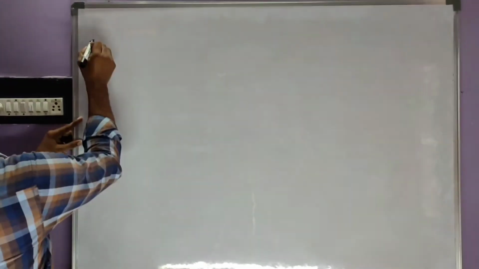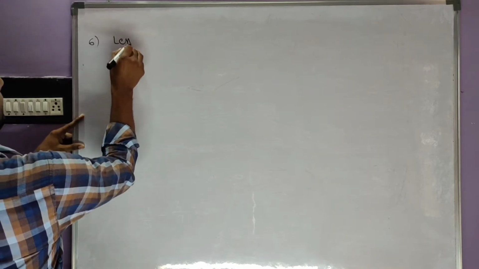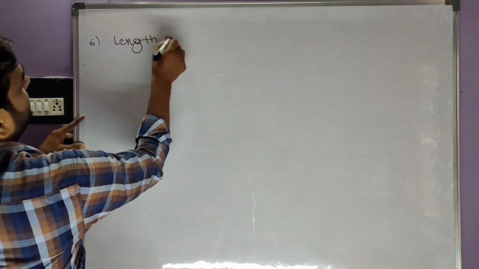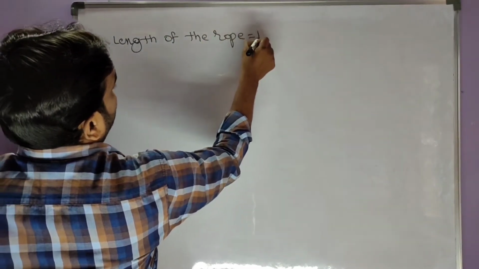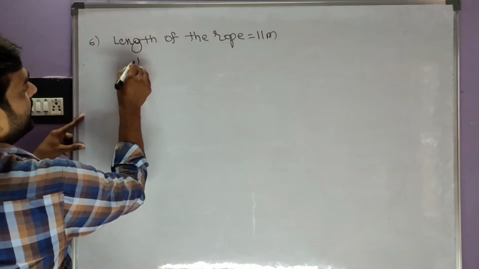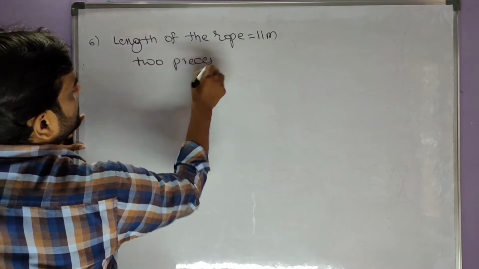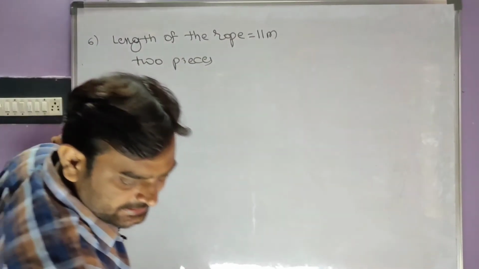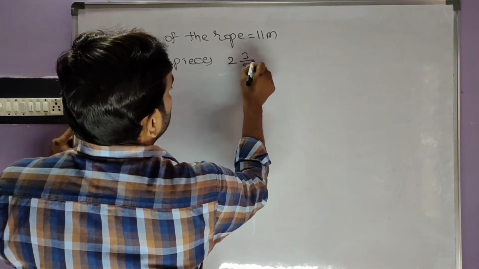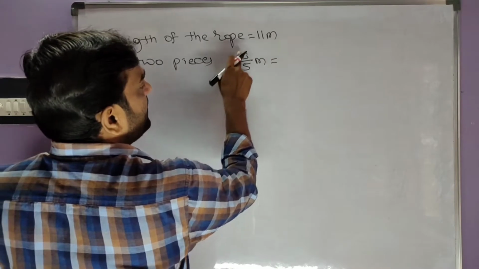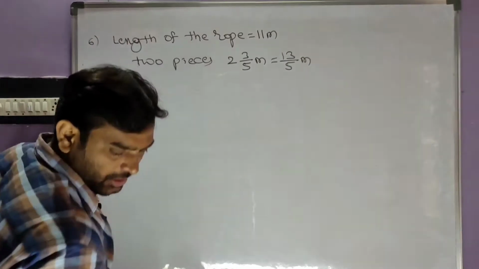Question number 6. Total length of the rope is given as 11 meter. In that, cut two pieces. One piece is 2 3 by 5 meter, nothing but 5 2s are 10 plus 3, 13 by 5 meter. And another piece is